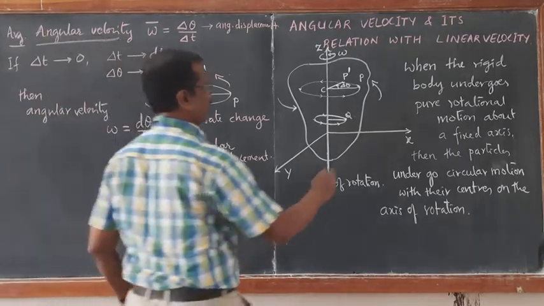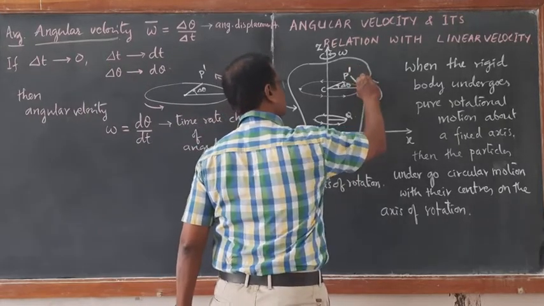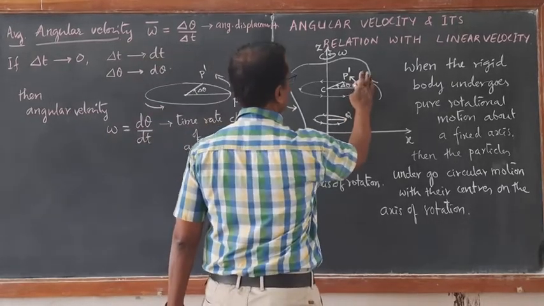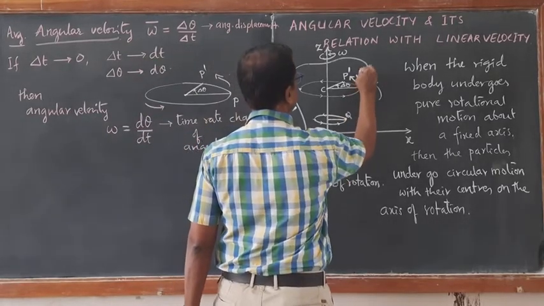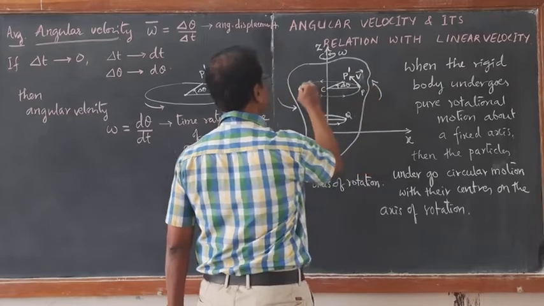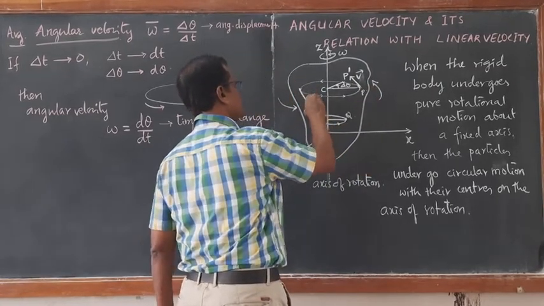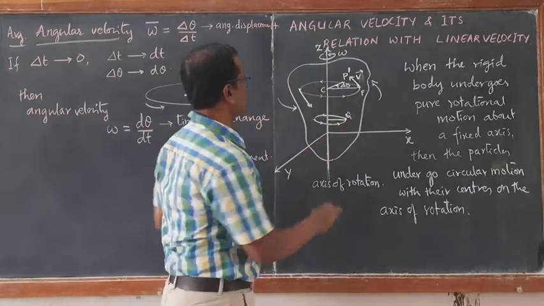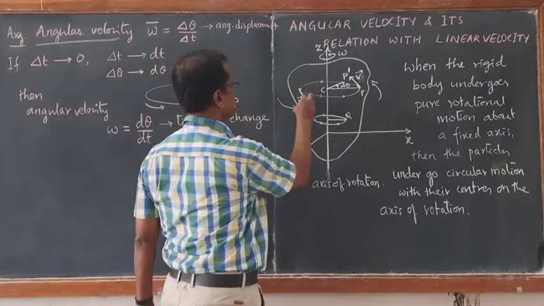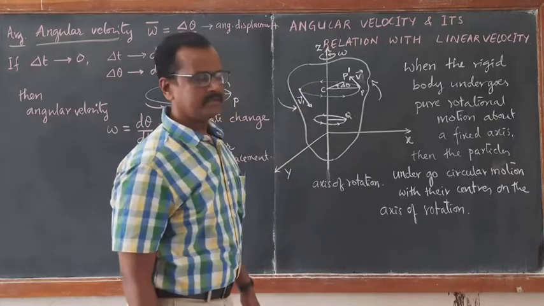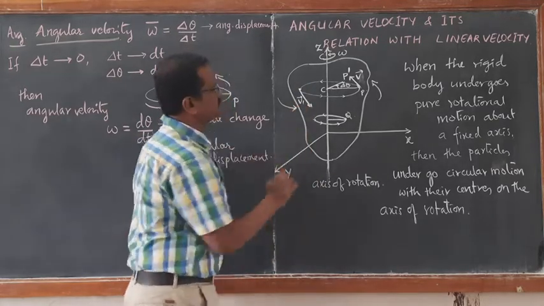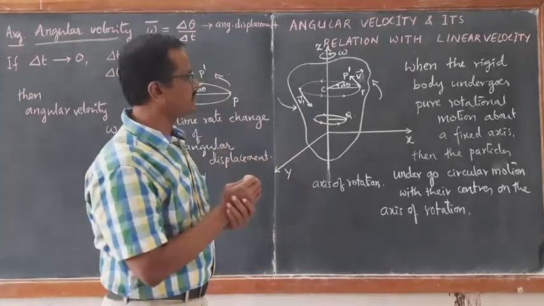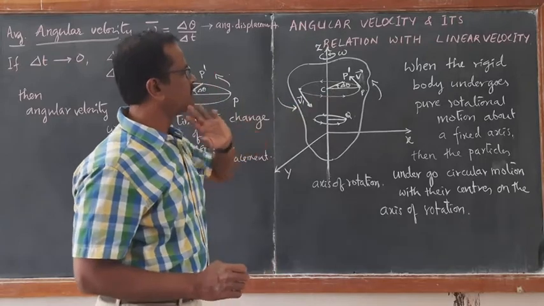If you look at this diagram, if you draw a tangent here, the tangent drawn at the point P gives us the direction of linear velocity. So this gives us linear velocity. When the particle comes over here, draw the tangent. The tangent will be vertically outwards. Here it is vertically inwards. This is linear velocity at P dash, at another point here. So like that, we can find out linear velocity by drawing a tangent. The tangent drawn at that point gives us linear velocity.